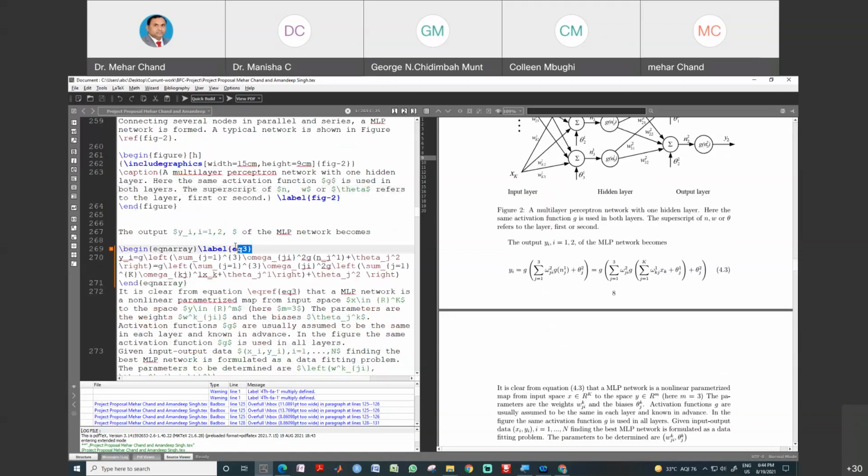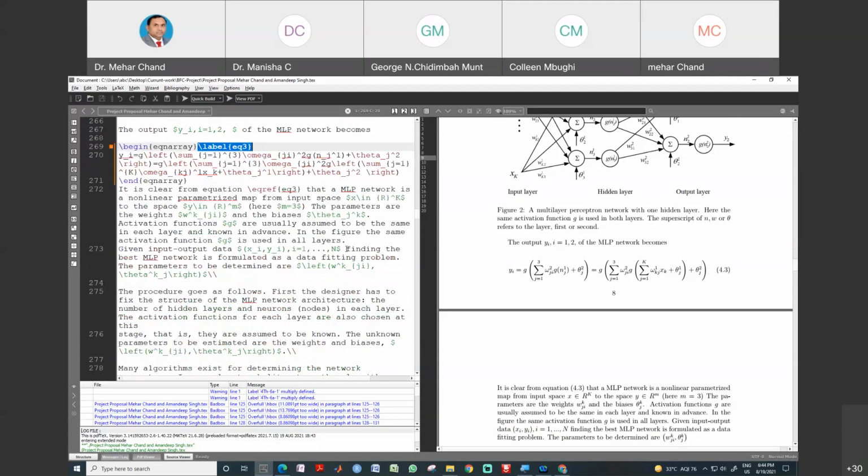so you can see at this place, this is the label for the equation, and we can use this label anywhere. Suppose I am using it here at this place. So what do we do? Slash EQN, EQ3, slash EQN. This is the label which was assigned above.